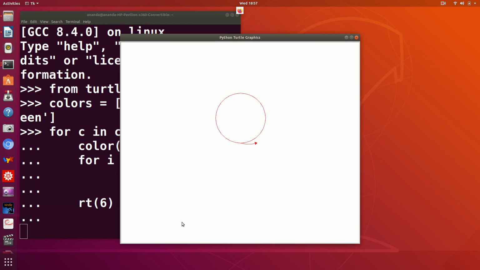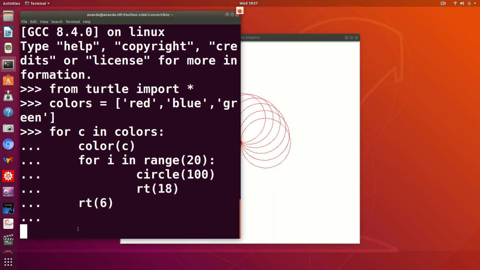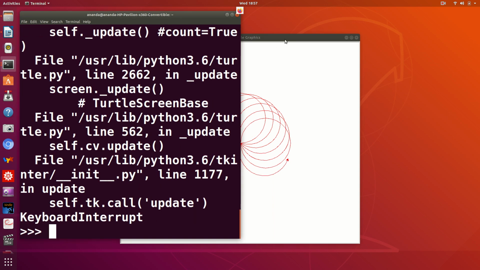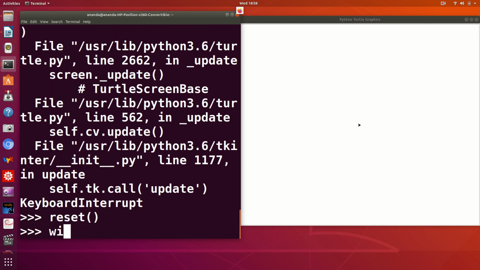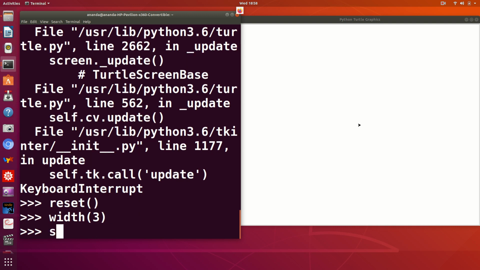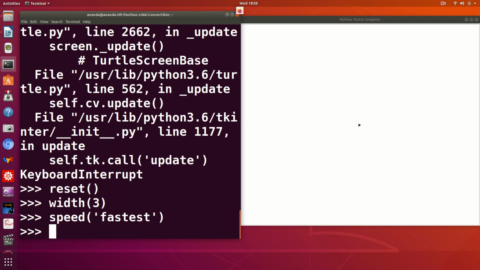Of course, this is going to be pretty slow, and I've forgotten to change the width and so on. Okay, let's do one thing. This is too slow, so maybe I'm going to stop this by hitting Ctrl C. Let's speed up the things. Let's also first reset. Then we will change the width back to 3 so that our familiar thick line is drawn, and we'll also change the speed to fastest. And then